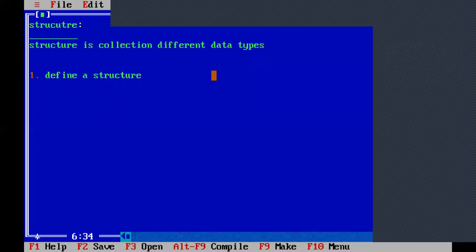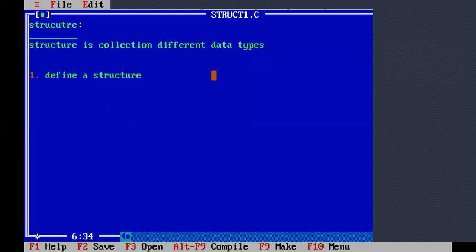That structure contains, for example, if I talk about student structure, that contains a roll number and a name and that percentage. When I talk about employee structure, that employee structure will contain what? Employee ID it contains, employee name it contains, employee salary it contains, right? Employee ID is nothing but integer type, employee name is nothing but a character type, employee salary is nothing but a floating type.